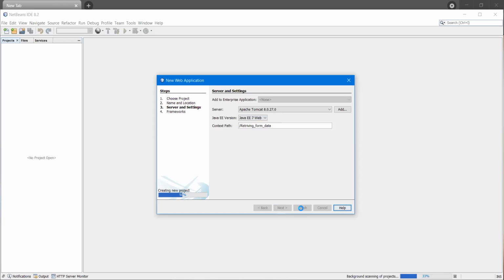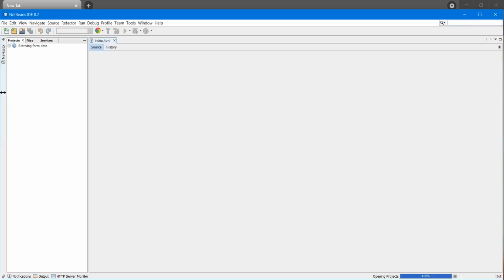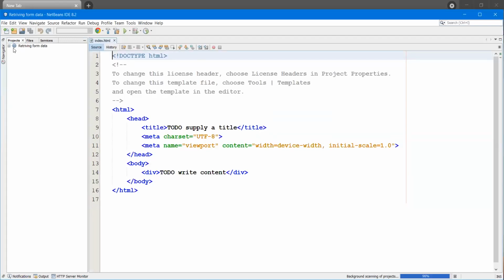When we click on Finish, we will get a directory structure. Automatically it is going to be created. What is available in this directory structure? Web pages, source packages, libraries, and configuration files. If you see in web pages, we have index.html, and in WEB-INF nothing is there.